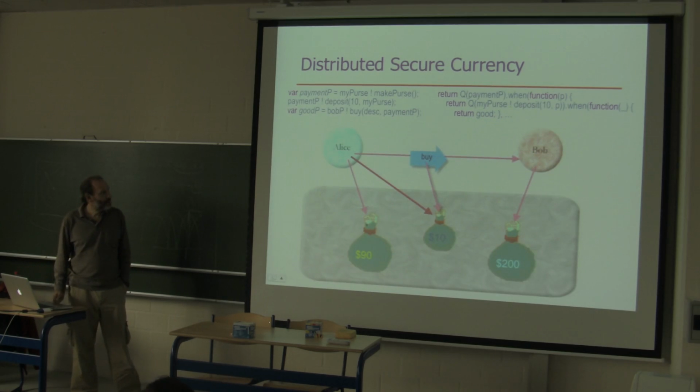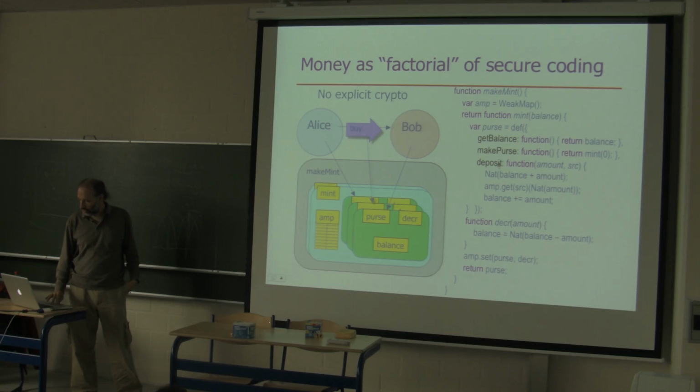Hold on. The three parties here are Alice, Bob, and the bank. All of the balances of each account are kept in the bank in these purse objects. So the bank is doing the hard work. These purse objects have a counter in them that is manipulated by this bank code. So this is the definition of purse. This is the balance variable. The balance variable is being incremented. So if the purse object fails,